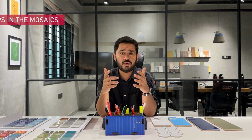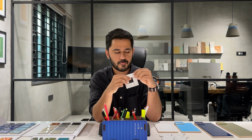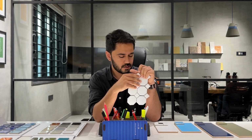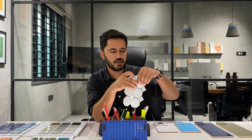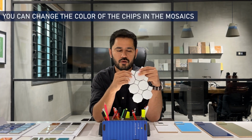The third thing which we do for our clients, and you can also start doing it if you want to work with us or even if you are working with another tile manufacturer, is a good tip. For example, some of the mosaics, like this pinwheel, have a small chip. Another mosaic, this octagon and dot, has two kinds of chip, a big chip and a small chip. Patterns like a pinwheel, an octagon and dot, or even a basketweave have a smaller chip, and you can change the color of this smaller chip